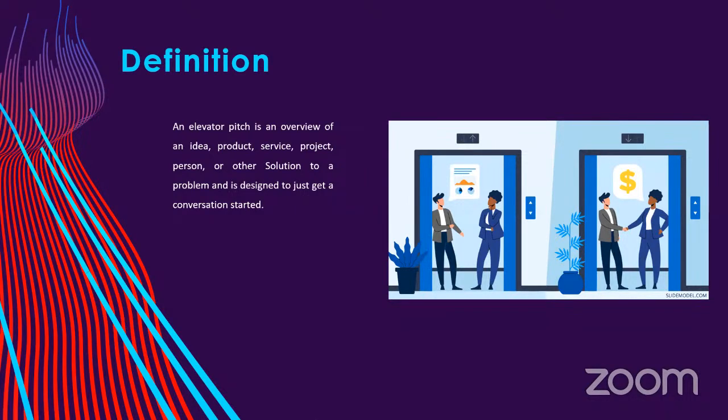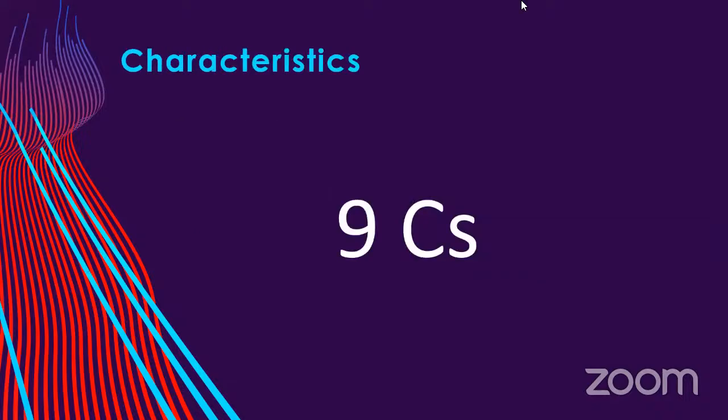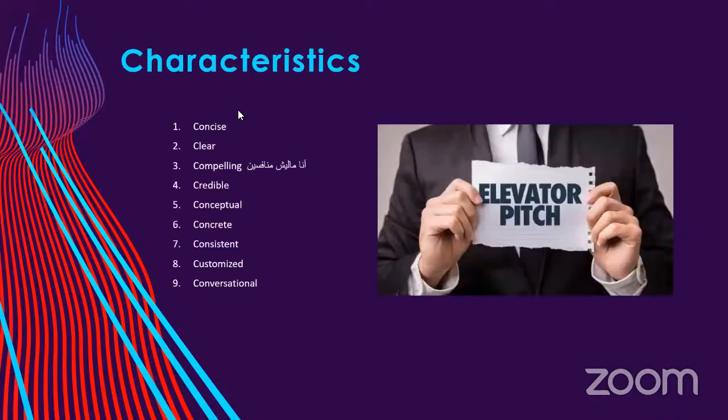So, what are the characteristics? We are talking about the 9 C's. You can see them there. It has to be concise, clear, compelling. So, don't say that you don't have competitors. You will have competitors. Even if the idea is novel and new, it will still have competitors or alternatives, as we saw in